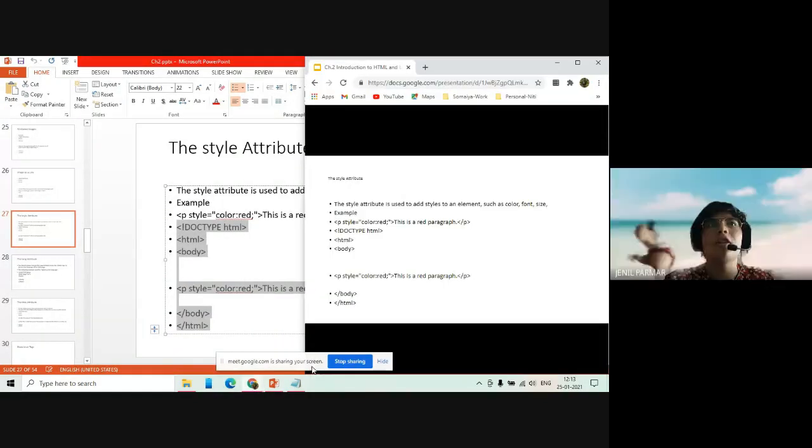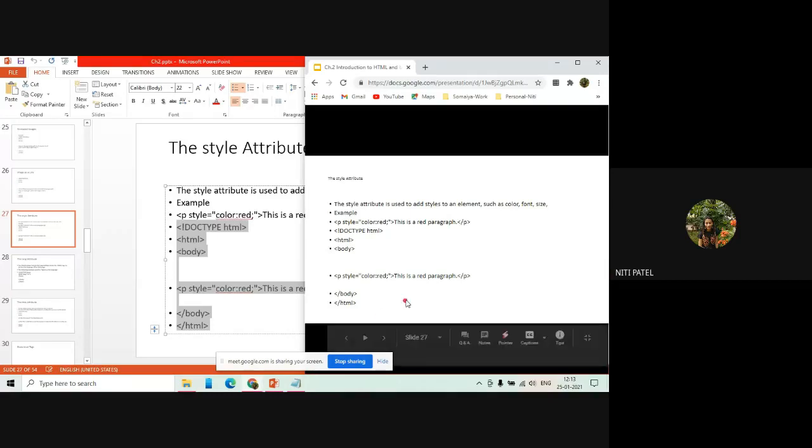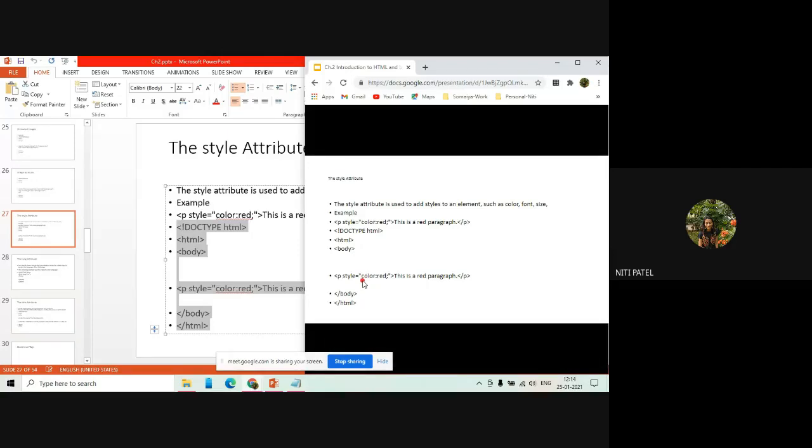Do we have to use a semicolon after the color? Yes, you have to use it. That is the syntax. See, what did I say? Syntax has to be used as it is. If there is a quote at one place, the quote has to come at the other; double quote for double quote, single quote for single quote.